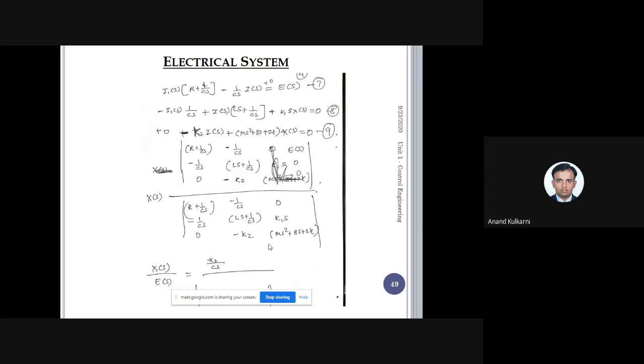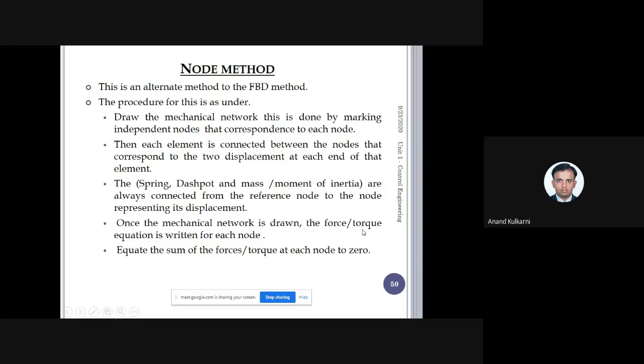Is it clear now? Yes, sir. Okay. So here I will stop. The remaining part, that is the node voltage method, node methods of solving spring mass system, which you might have already undergone in vibration, but we just want to brush it up, because whatever method I have covered, after some stage it will be of great help, because suddenly you can start writing the equation.